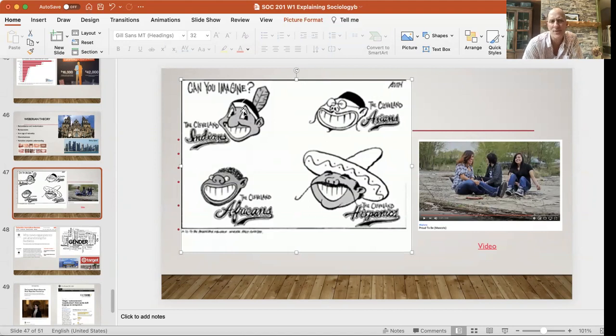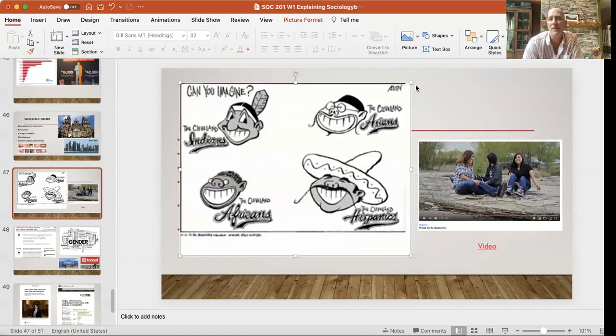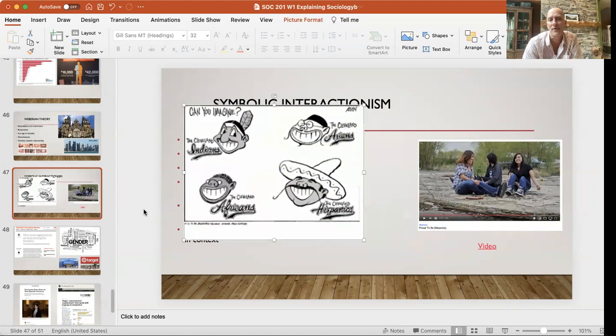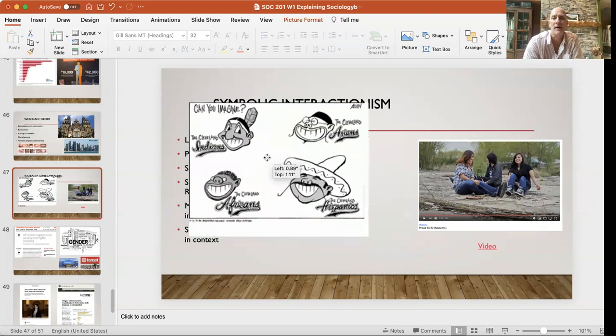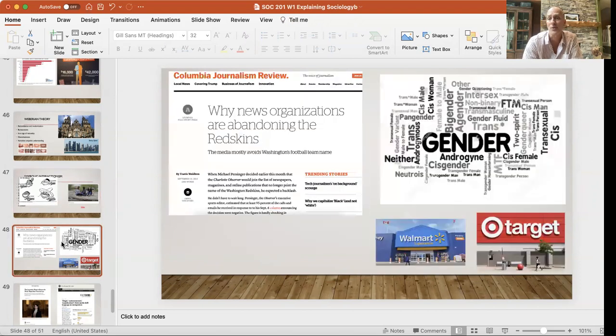This is an editorial cartoon, just trying to shake things up, saying, look, this is part of our culture maybe, but there's no way that these are based on stereotypes and ideas. There's no way that we would have these other sports mascots. Trying to take the taken-for-granted world, right? To use that term, this became part of culture, people weren't thinking about it more critically. This editorial cartoonist is trying to bring attention to it, to disrupt our meaning, to become more aware.